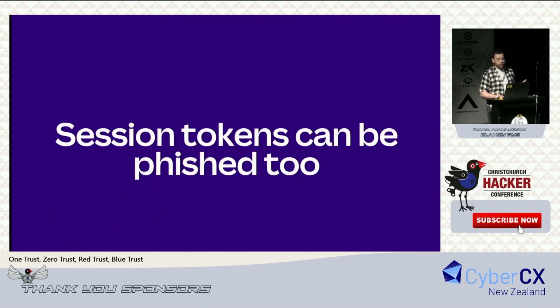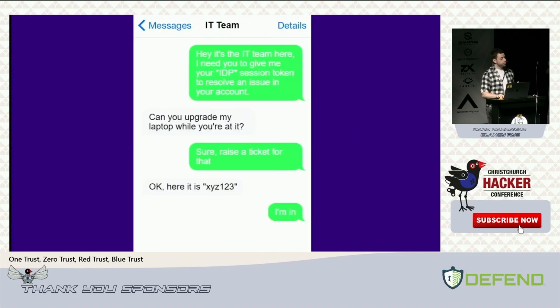So utilizing malware is a lot of work to go through, though, and there are often many easier ways to get your mitts on session tokens. So we could instead just ask the user for it. If we can convince them to just grab the session token directly from Chrome and shoot it across to us, then we're chilling. We don't need to faff around with malware R&D or anything like that. They're often stored in things like HAR files as well, which are commonly shared for debugging purposes. So if you can ask them to generate a HAR file for you, shoot that across to you, or nab it from a support portal, then also you're kind of chilling.